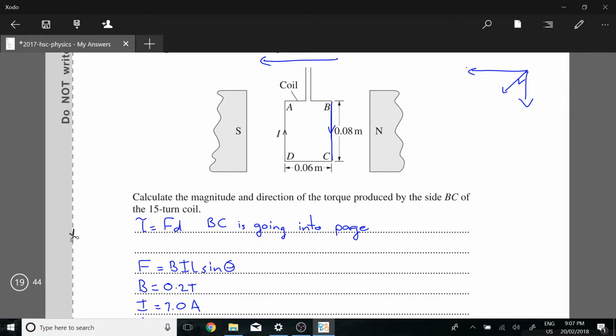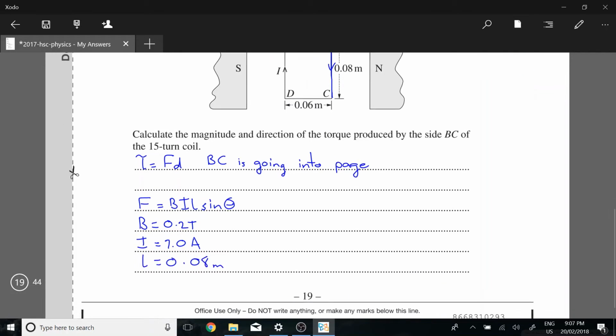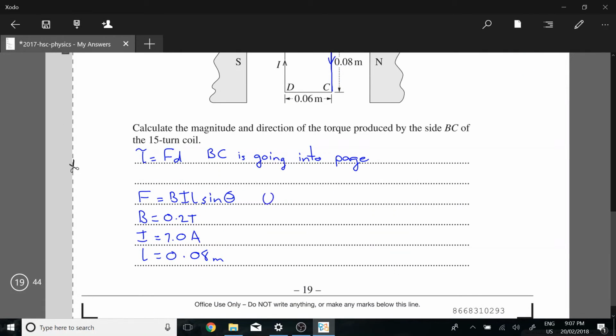Because the magnetic field is going across the page and the current is going down the page, we can say that the angle between them is 90 degrees, because they're at right angles to each other. That makes our life easy, because sine of 90 degrees equals 1, which means anything we multiply by just stays the same. So we get F is now just